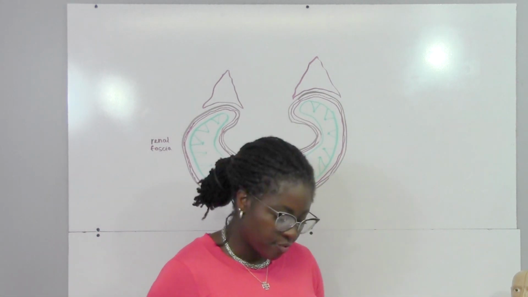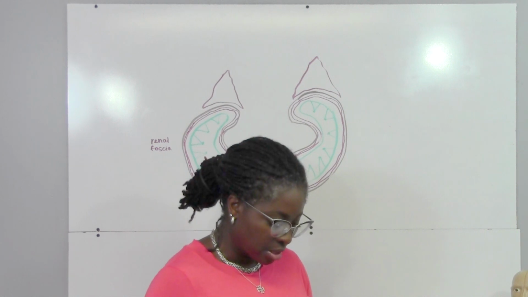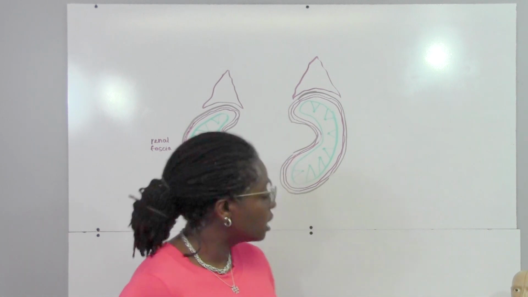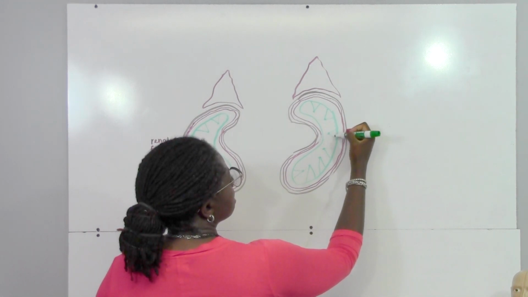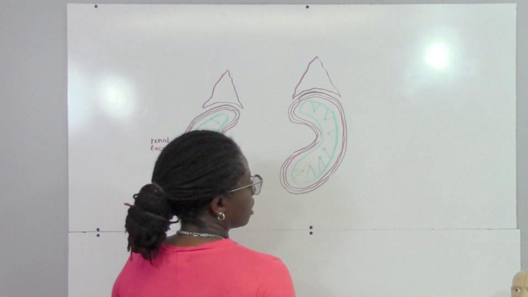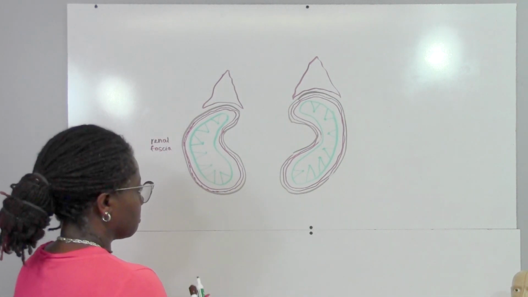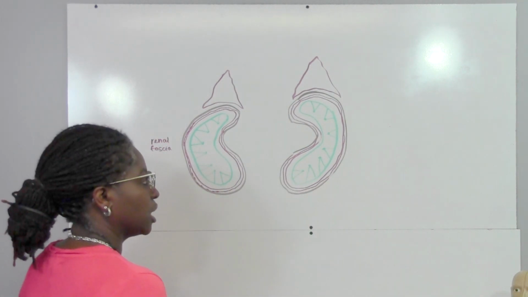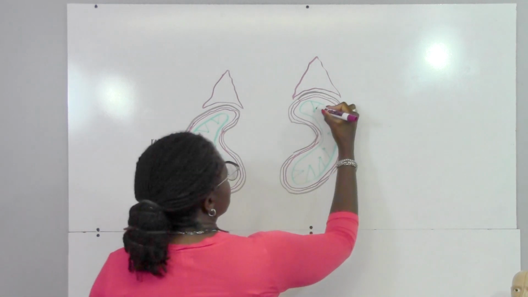We also have in the renal medulla, between the pyramids, the renal columns, and the renal column and the pyramid together make up the lobes of the kidney. And then the innermost portion, or the most medial aspect of the kidney, is going to be the renal pelvis. And so the renal pelvis begins here